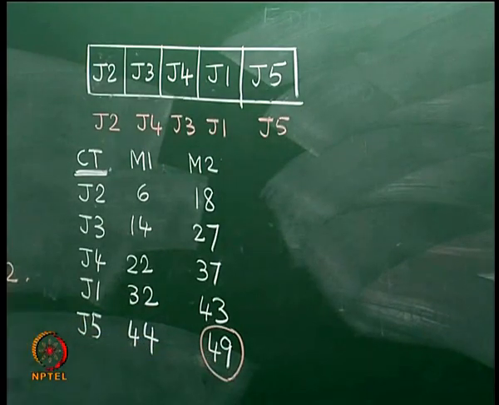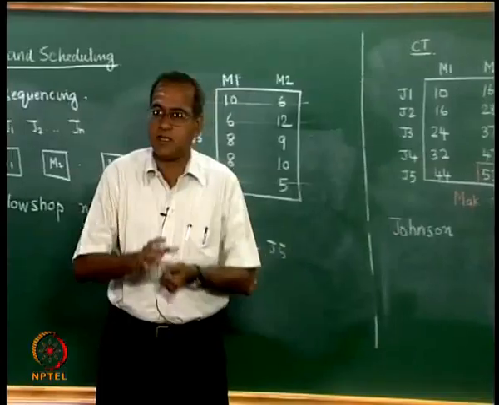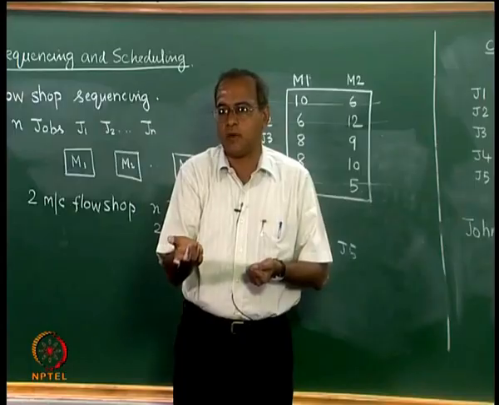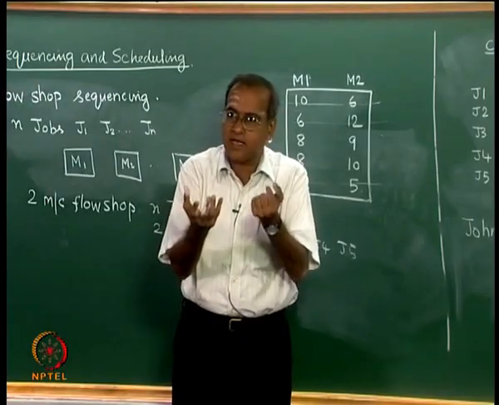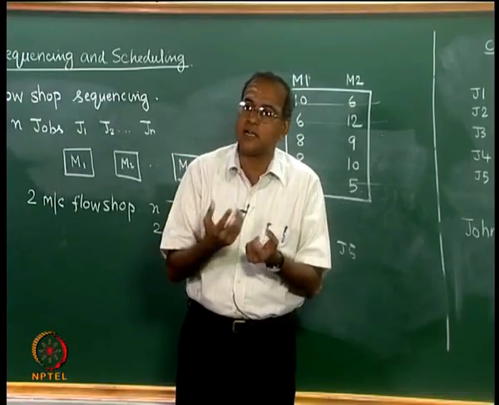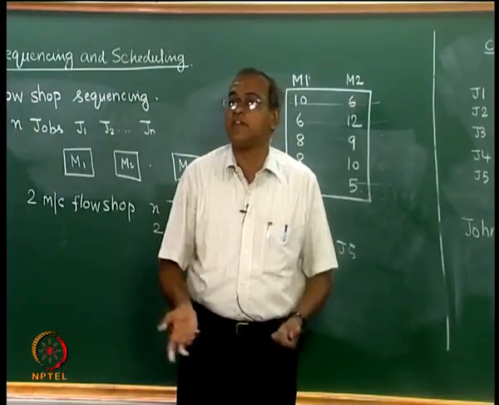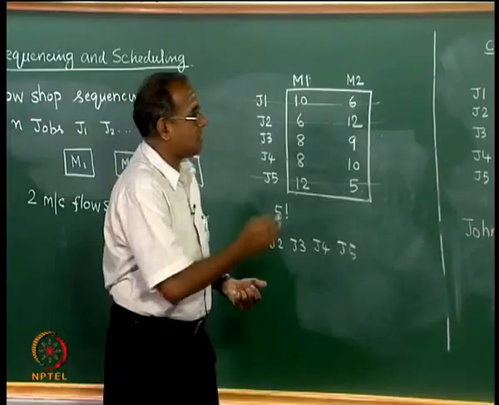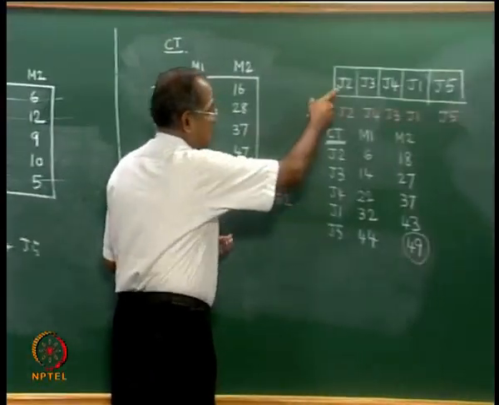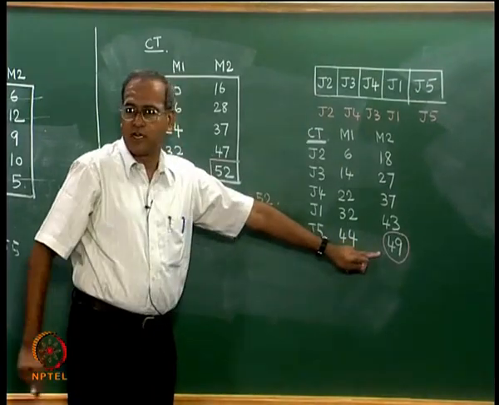So there is a machine waiting time of 1, which again increases the make span. So the make span increases due to two things. One is job waiting for the machine, the other is machine waiting for the job. It is only these two delays that make sequencing and scheduling problems important and difficult. So based on Johnson's algorithm, where we got this sequence, we got the make span to be 49,